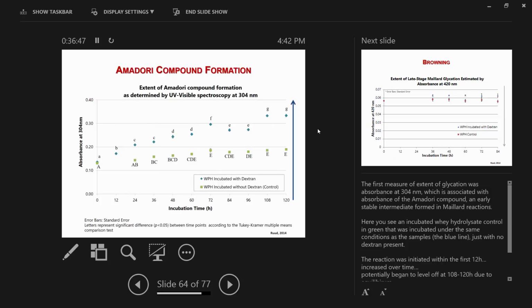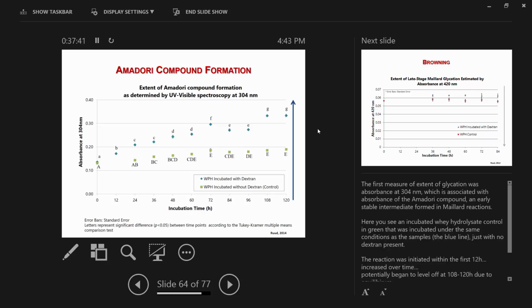So you will get samples at different time points of incubation, and you will be measuring the extent of Amadori compound formation. The Amadori compound has a specific absorbance at 304 nanometers. So you will prepare your sample and measure absorbance at 304, monitoring the Amadori compound just by looking at absorbance. In this case, there is the whey protein hydrolysate incubated without dextrin, and this is the hydrolysate incubated with dextrin. And you can see that as time goes by, the absorption at 304 increases